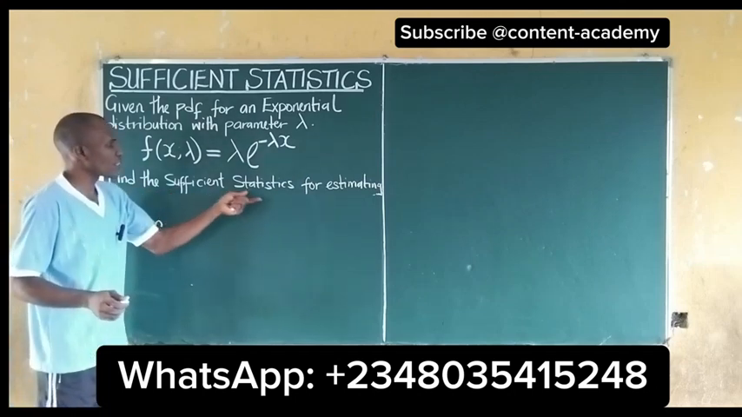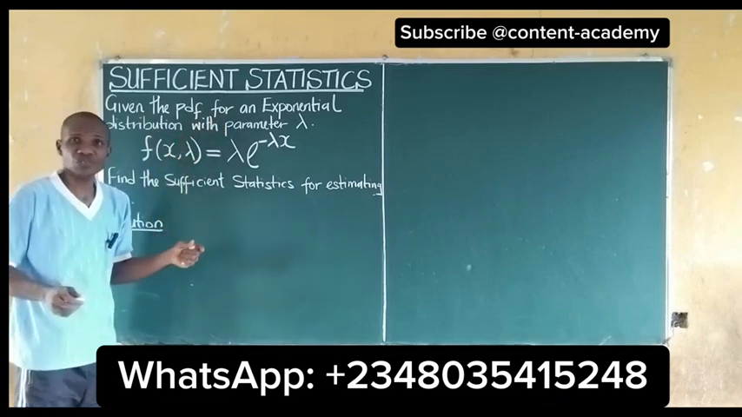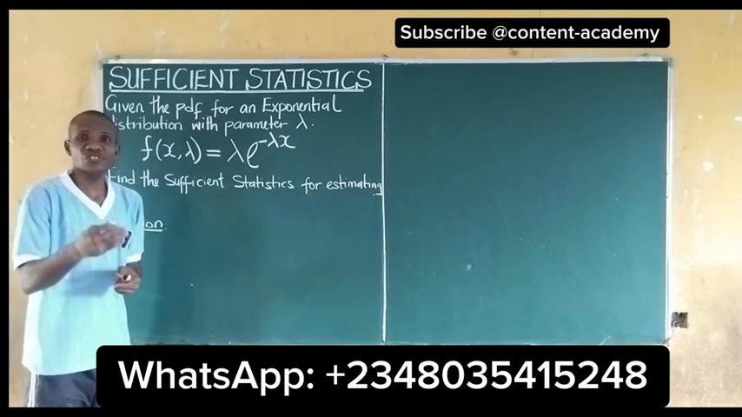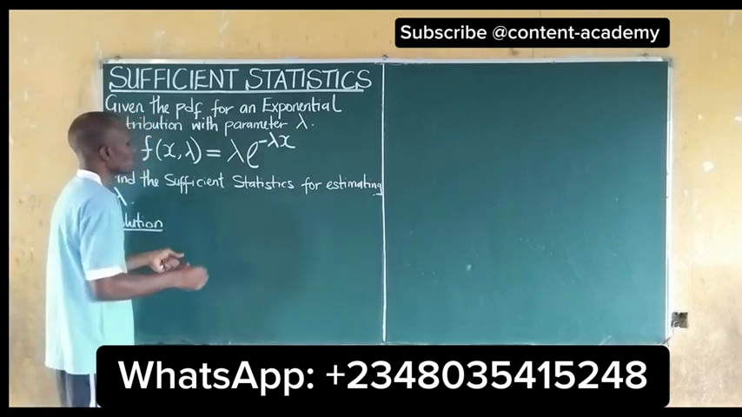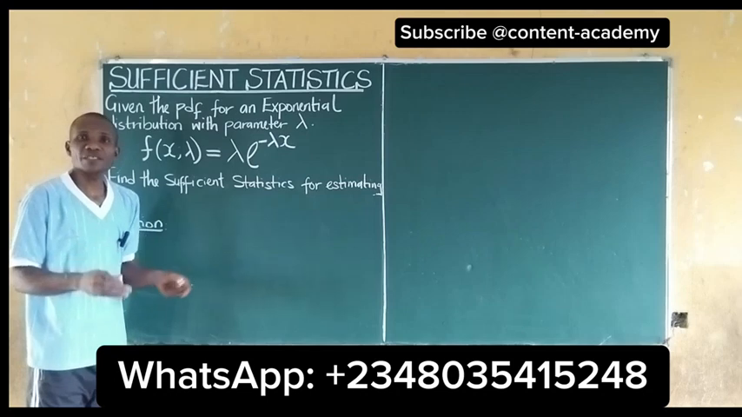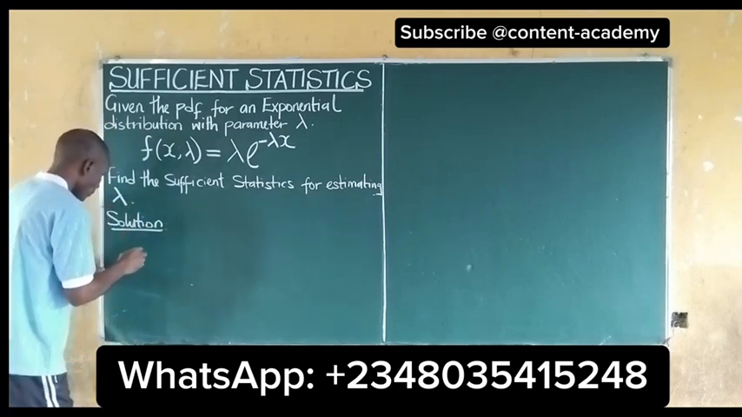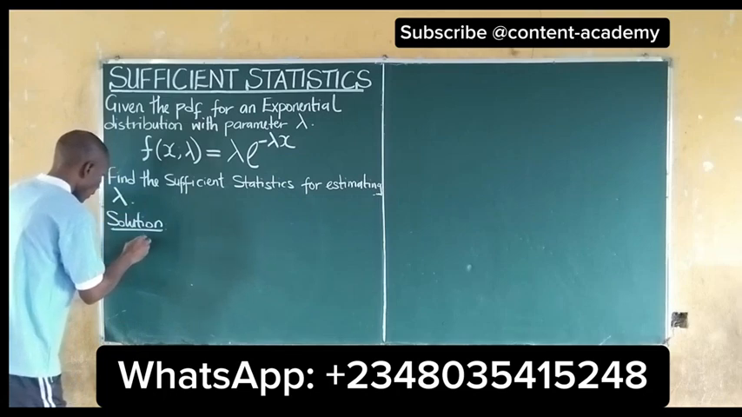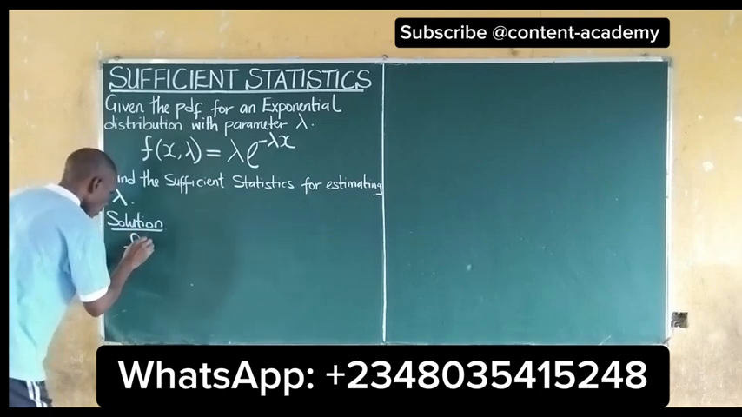In finding the sufficient statistics for estimating lambda from the exponential distribution, we use the factorization theorem, because the factorization theorem is most times used to find the sufficient statistics for estimating parameters. And for the factorization theorem,